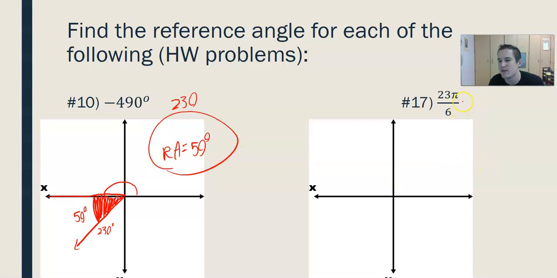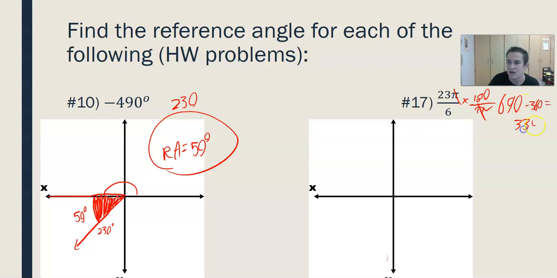How about the angle measure 23 pi sixths? Well, let's convert this to degrees. I'm going to multiply by 180 divided by pi. So when I take 180 times 23 sixths, I get 690. Well, that's for sure not between 0 and 360. So 690 minus 360